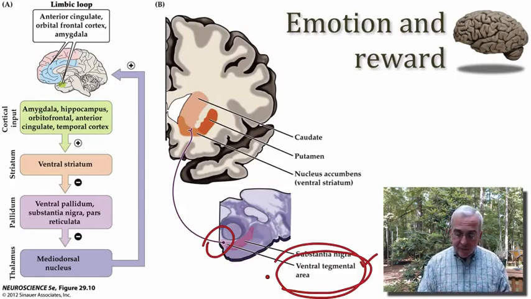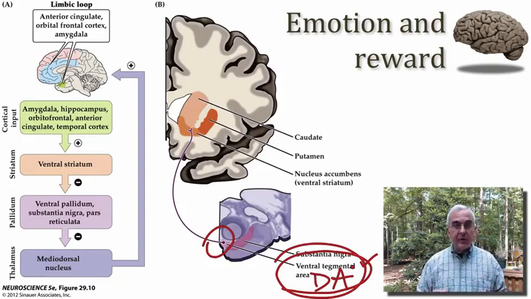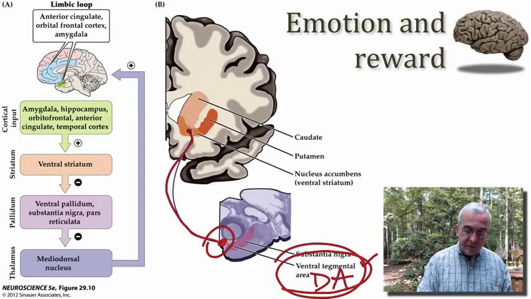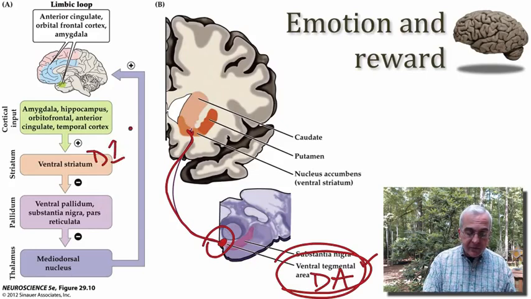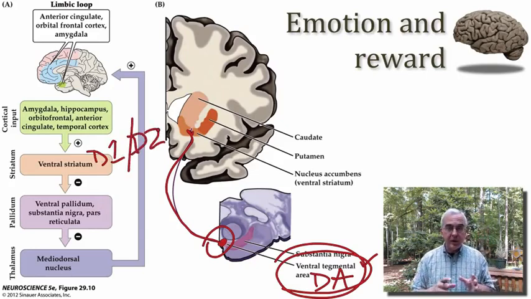So the ventral tegmental area is the source of dopamine for the ventral part of the striatum. So there are projections from this midbrain region into the nucleus accumbens where dopamine is released. And there are a variety of dopamine receptors. We've tried to keep it simple and only talk primarily about two kinds of dopamine receptors. In the striatum, we have D1 and D2 receptors. The D1 receptors are associated with the direct pathway.